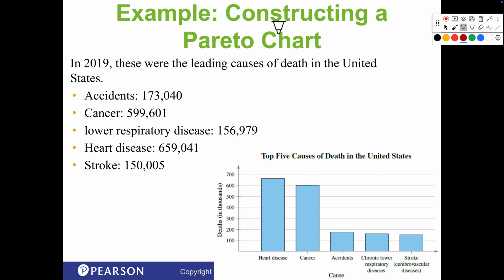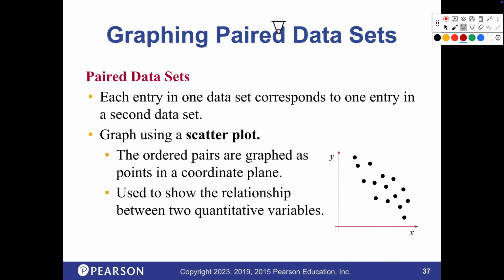So that's a Pareto chart. Okay, just put the categories in order from most to least, and then it's just a bar chart. We don't have to make classes or anything as we did with the frequency tables. So again, a way to do